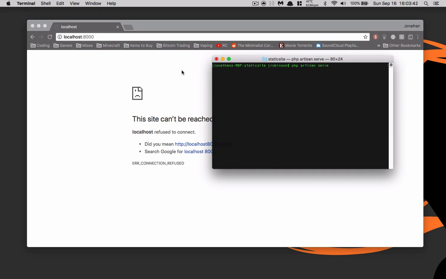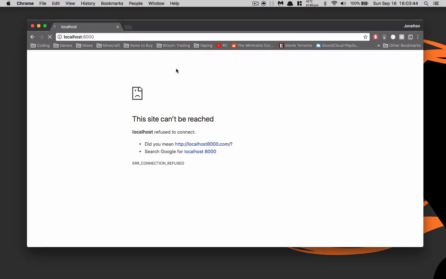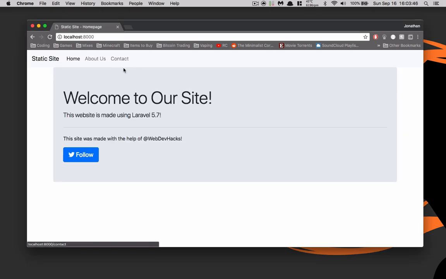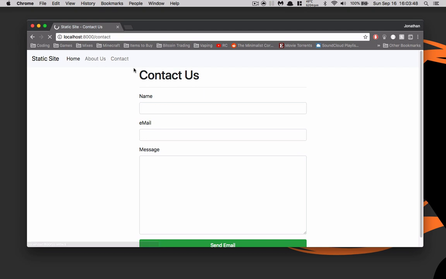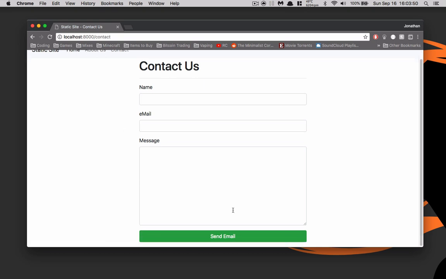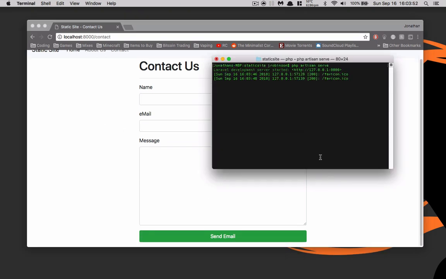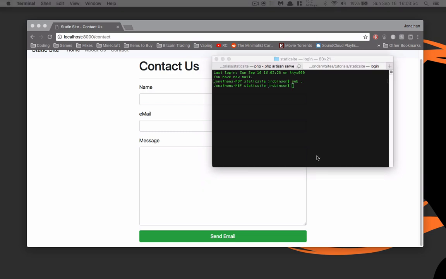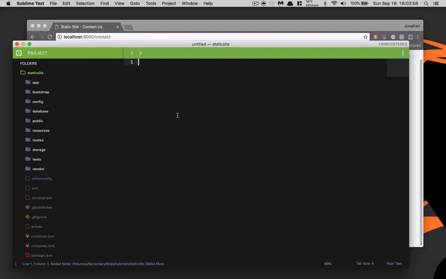I believe we left off at the notifications. So let's take a look at notifications here. We'll go to contact, and wonderful. So now that we have that open, let's open it up in Sublime, and I will bring that over to here. And we will go to resources,